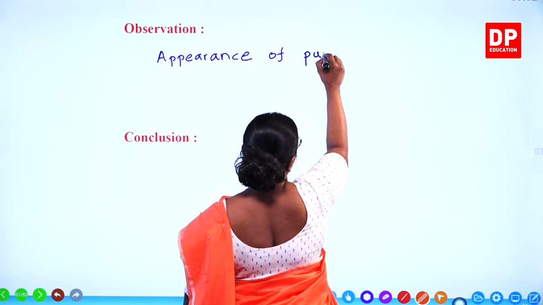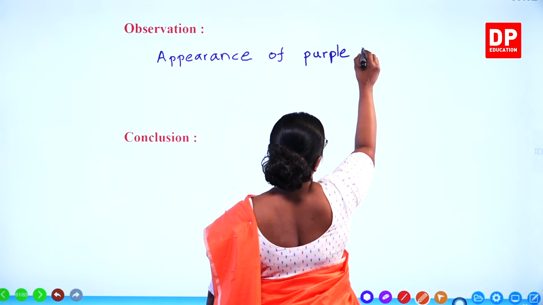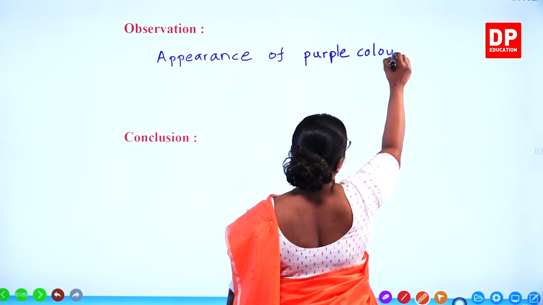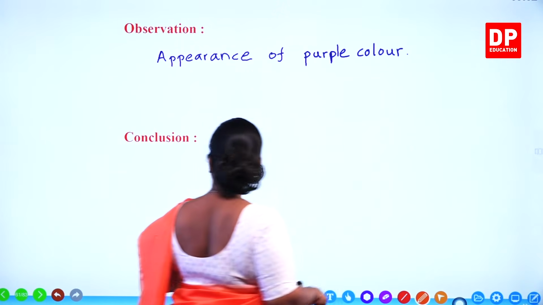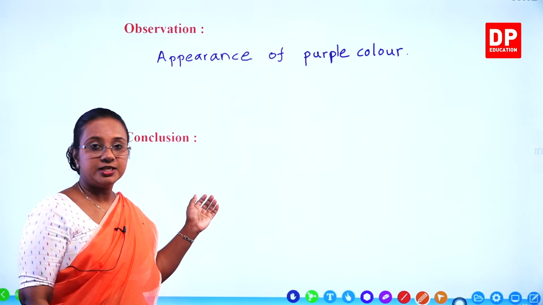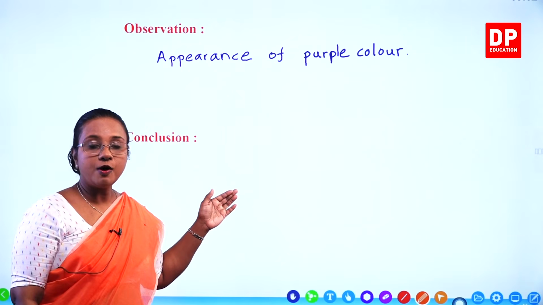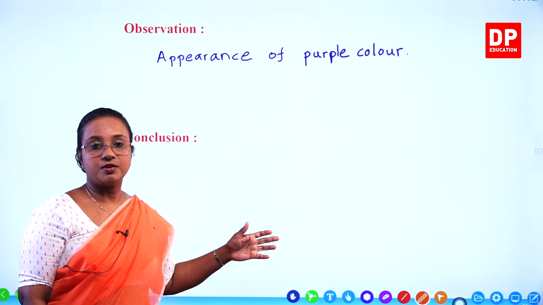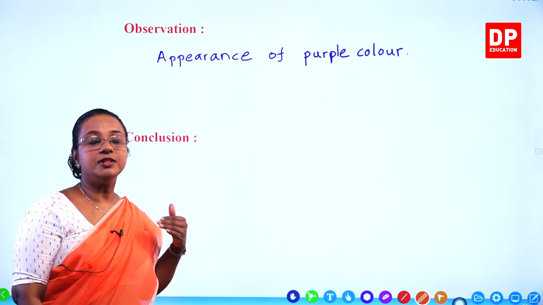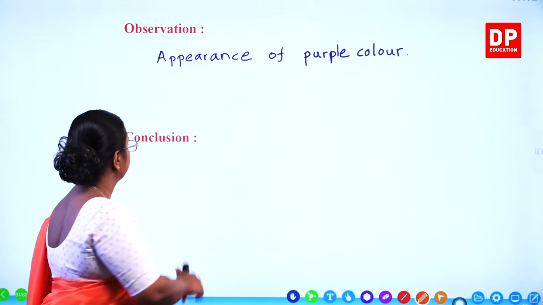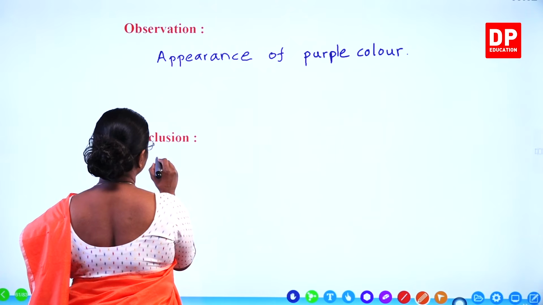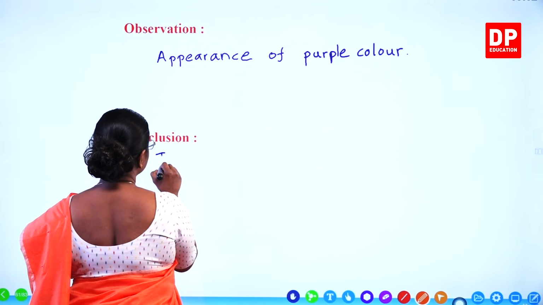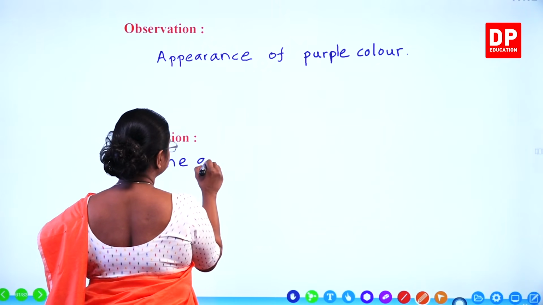Purple color. The conclusion is the purple color formation in the Biuret test confirms the presence of protein, therefore the presence of nitrogen. So, I will write the conclusion as the formation, the appearance